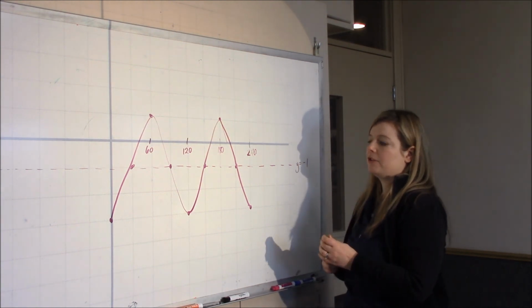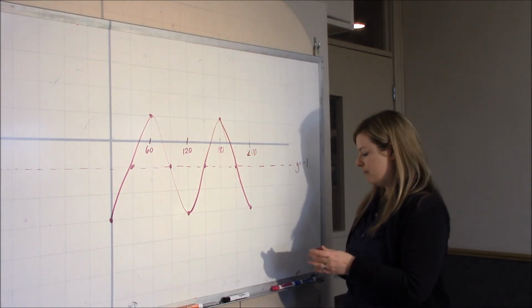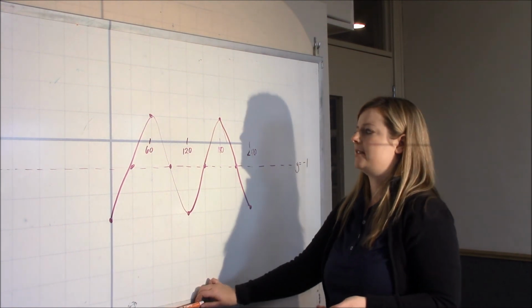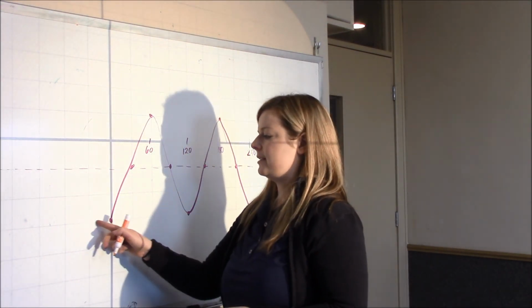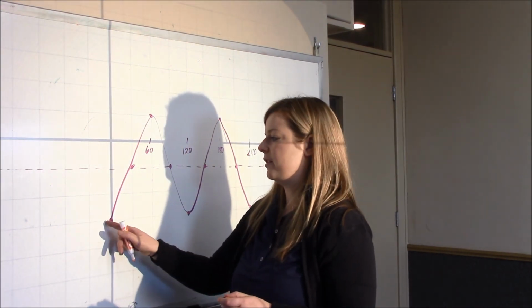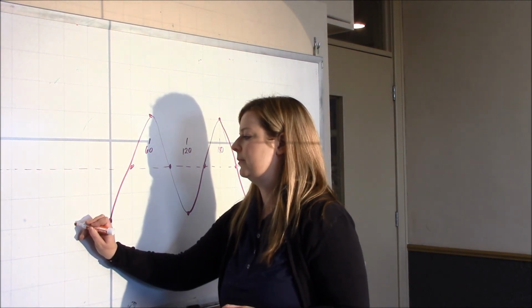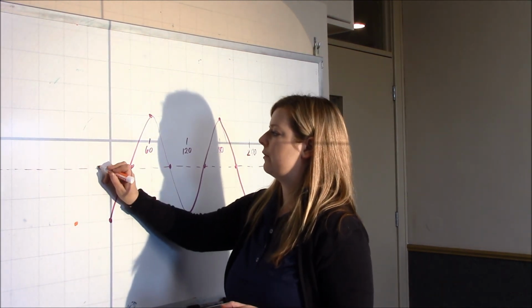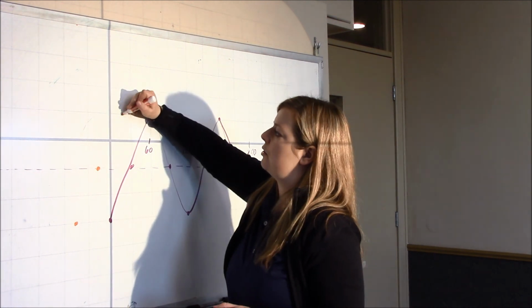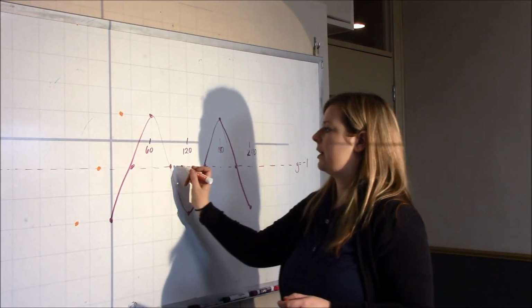Okay, so now all we have to do is take this pink one and move it to the left 45 degrees. So each one of these squares I determined was 30, so 45 degrees then is 1.5 of them. So everything's just moving over to the left 45 degrees, which in this case is equivalent to 1.5